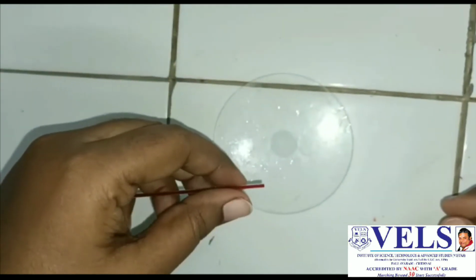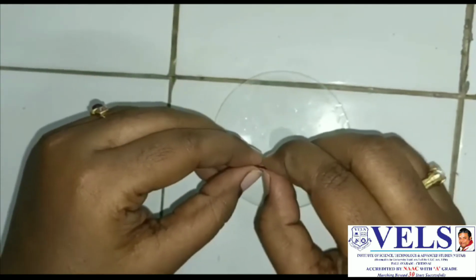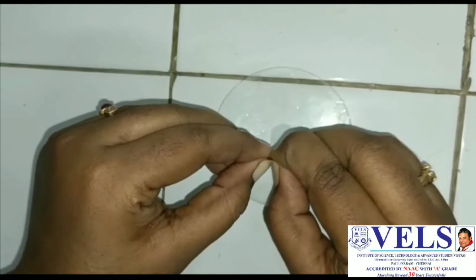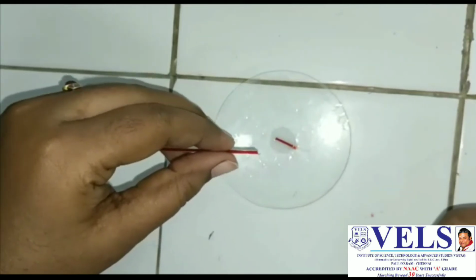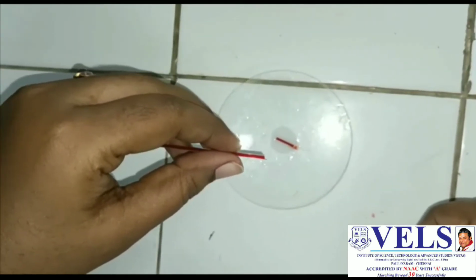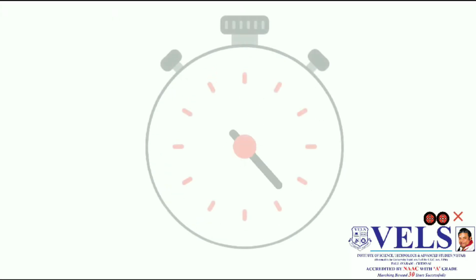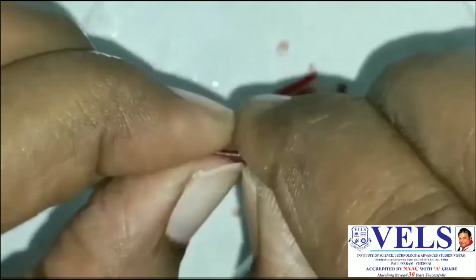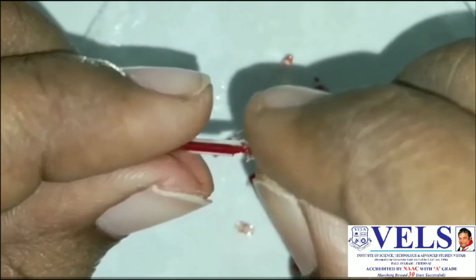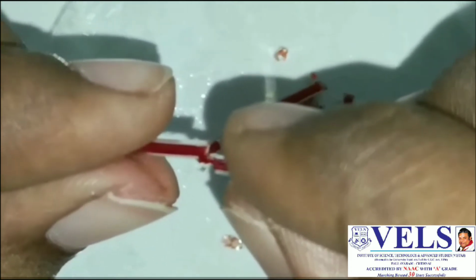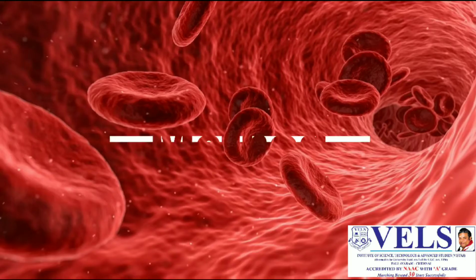At the end of 1 minute, break off 1 centimeter of the tube from one end and notice the thread of fibrin connected with the broken end of the tube. If there is no fibrin thread, repeat the procedure every 30 seconds till the fibrin thread appears. The appearance of a fibrin thread about 5 mm in length indicates the blood has clotted. The total time taken from the time of puncture till the formation of the fibrin thread is the clotting time.